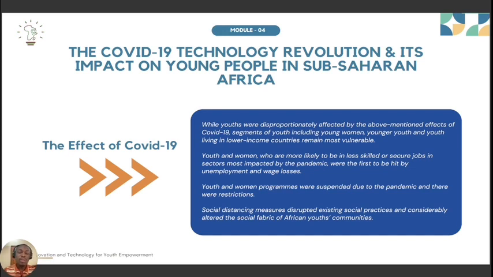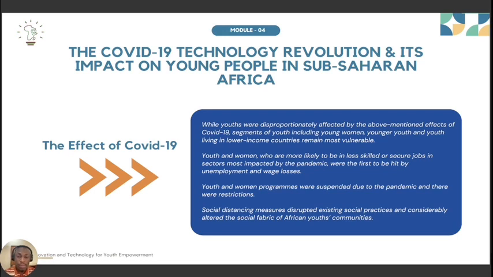Now, let us also look at the impact of COVID-19 on the whole revolutionization of technology, and also when it comes to empowering the youth. So, the COVID-19 technology revolution and its impact on young people in sub-Saharan Africa. Now, first of all, we need to know that while youths were disproportionately affected by the above mentioned effects